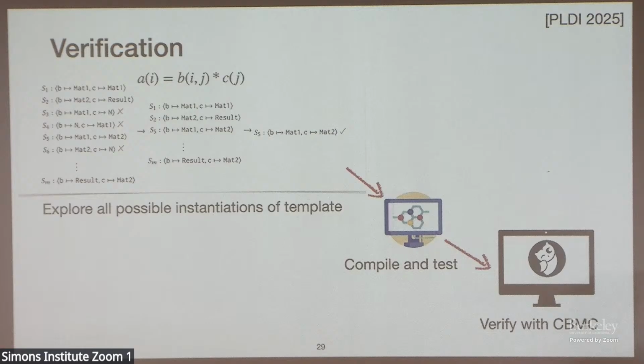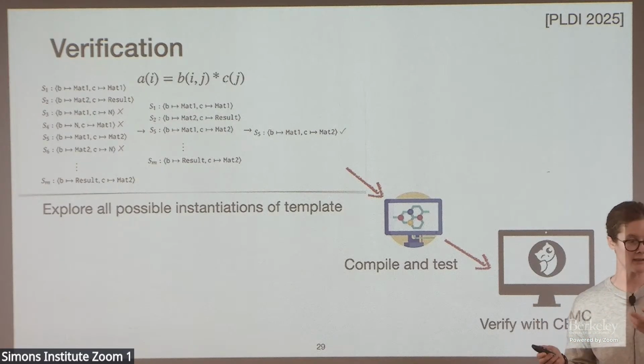This isn't very sophisticated. The first thing we do is instantiate all possible completions of the template, and we compile and execute on a bunch of randomly sampled input-output examples. Because of the nature of tensor code, I don't think we had any cases where something passed the input-output checks and then failed verification, and our random input-output generation is biased to avoid things like giving us a full matrix of zeros. We then compile and test it.